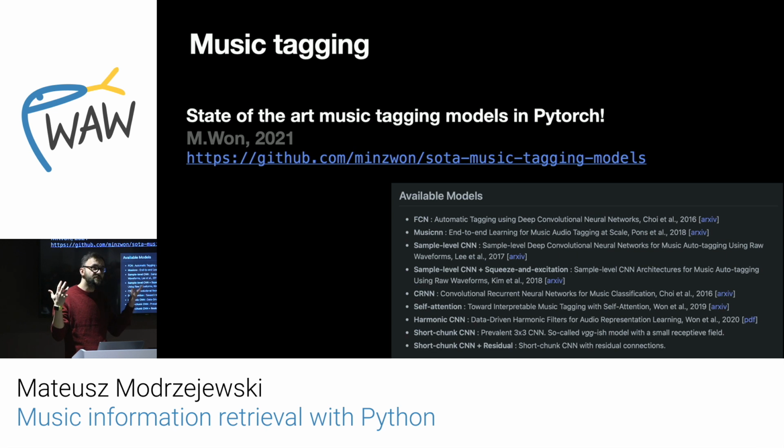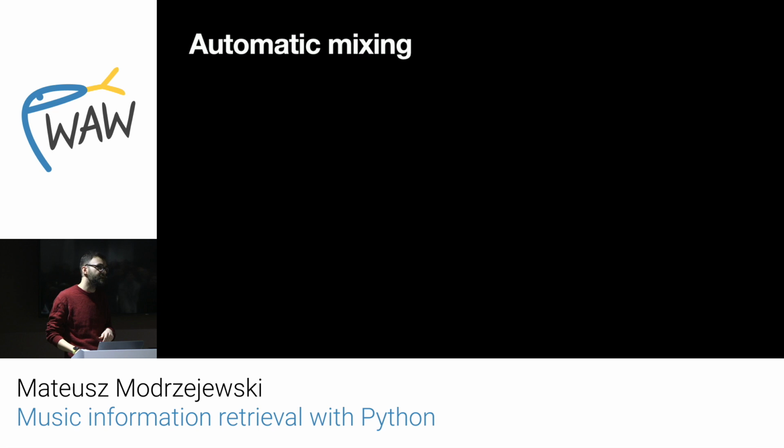And also there's open source implementations of most of the state-of-the-art tagging models, so you can just clone this repo, you can retrain the model, or you can use ones that have pre-trained weights, and you're off to doing your own classification experiments, which I think is very interesting. Okay,